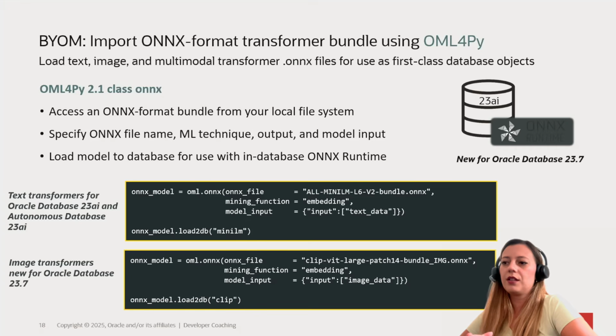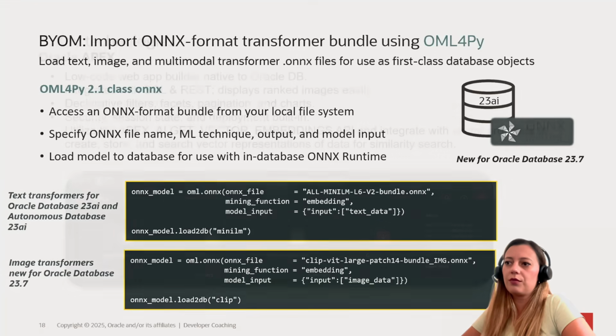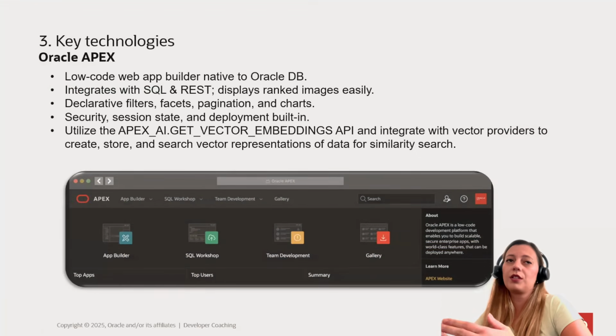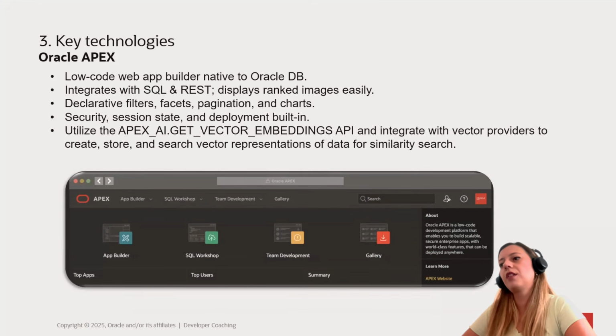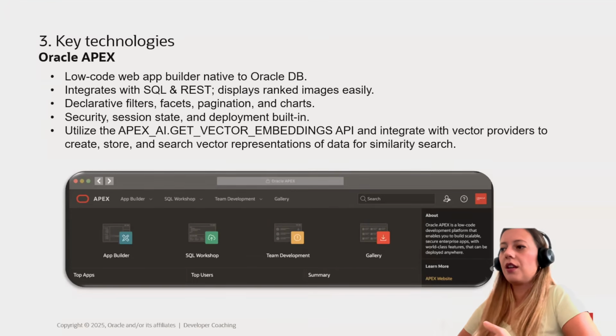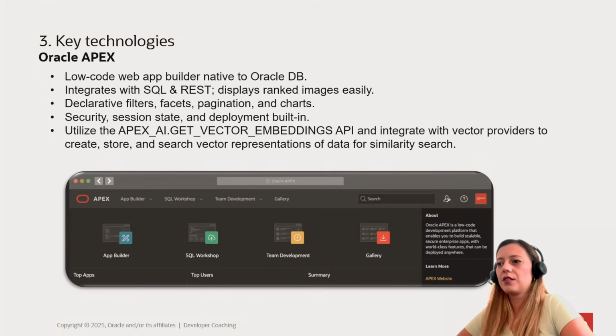So we have the data, we have the embeddings, we have the database. Now we need a way to show the data to our users, right? And let them interact with it. For this, the best option is Oracle APEX. This is a low-code application platform that enables you to build scalable and secure web applications anywhere, either in cloud or on premises. It is part of the Oracle database, so if you already have Oracle database, you have APEX